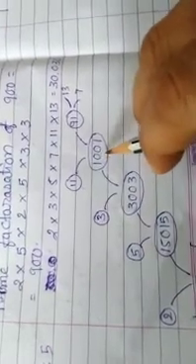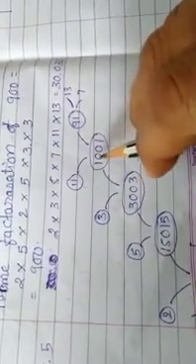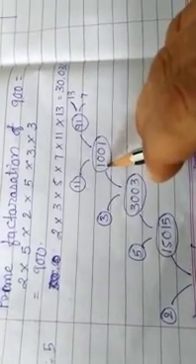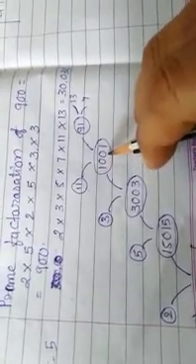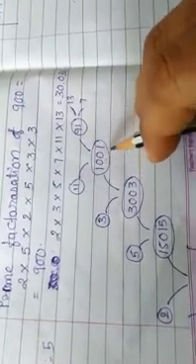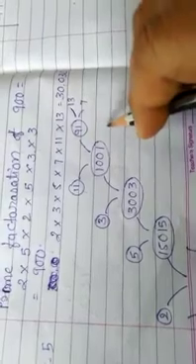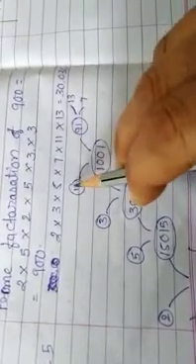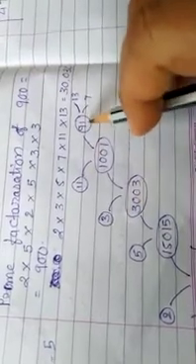So here we will apply the divisibility rule for 11, and for that we will add the digits in the even places and odd places, then find the difference. So 1 plus 0 is 1, and 0 plus 1 is 1, and 1 minus 1 is 0. So this number is divisible by 11. That's why I have divided, and my answer is 91.